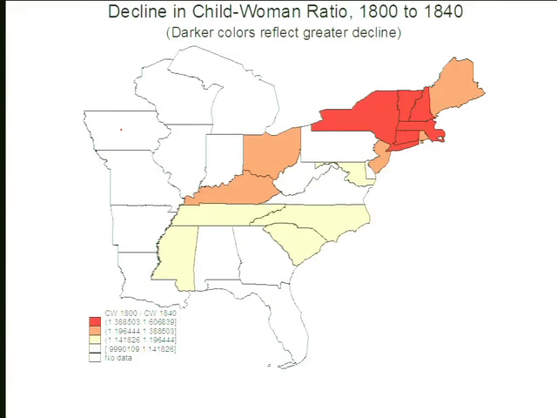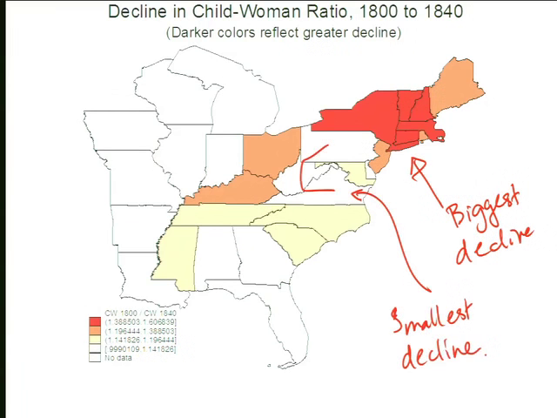So this is looking at the data for 1800 to 1840. Some of these states are not shaded because there's no 1800 data. So the states that are just white, there's no data. The darker the shading, the greater the decline in fertility over that period. So the biggest declines in fertility are here in New England. And the smallest declines in fertility are, what is this? Well, Pennsylvania, Virginia, this area. So that's the smallest decline.